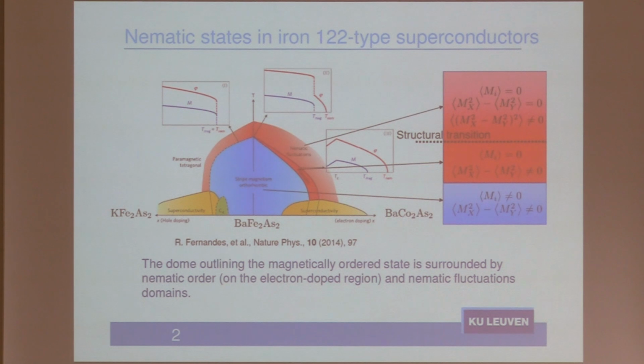But if they are strongly connected, we cannot separate them. Now, we are speaking about a domain at 0.5 doping, which is somewhere here. So here we have no nematic fluctuation, no magnetic stripe, no tetragonal-orthorhombic structural phase transition. So we have an absolutely tetragonal crystal. And we investigate the magnetoresistance and the second critical field in this domain.